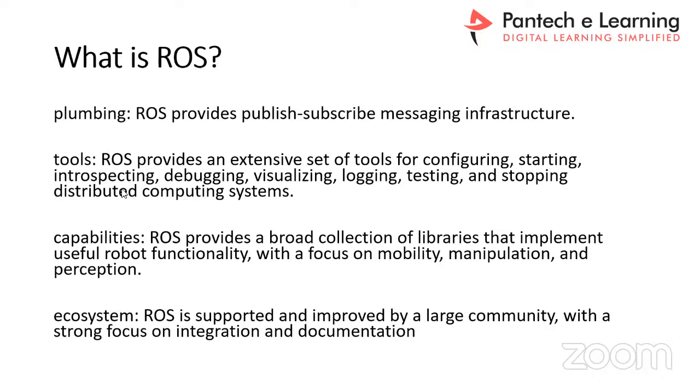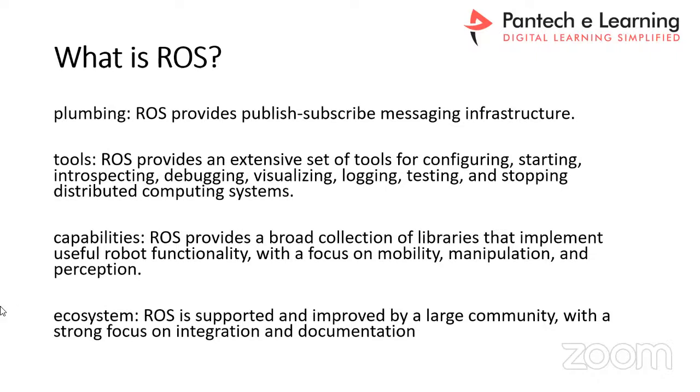systems. So these are the different types of tools that are available in ROS. Capabilities provides a collection of libraries and implementations of useful robot functionalities with focus on mobility, manipulation, and perception. So like autonomous navigation, object detection, or pathfinding. All these are different types of common functionalities that a robot needs to have. So these can be implemented easily using ROS because ROS has inbuilt packages and libraries which have already implemented all